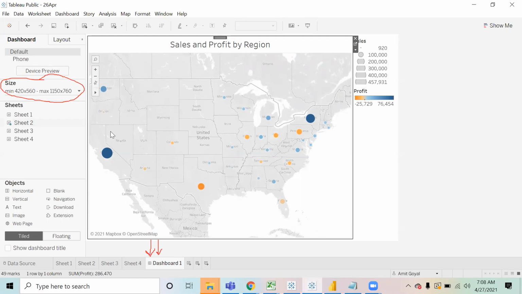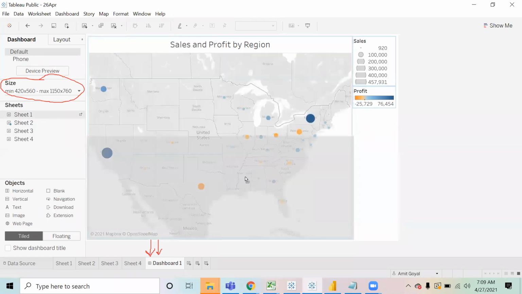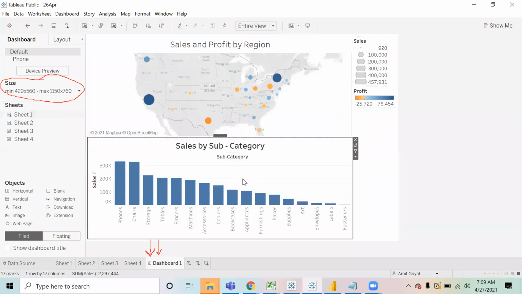The next thing is you pick the second chart, click it, and just hover. Wherever you want to keep that chart, you can decide. Suppose you want to place the chart at the bottom, drop it over here.